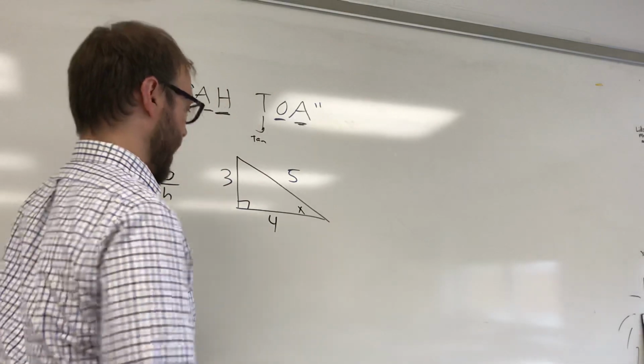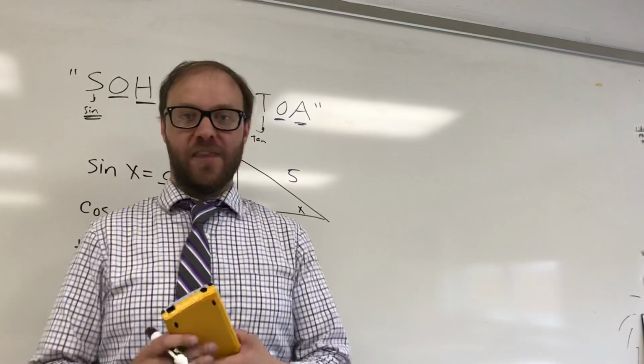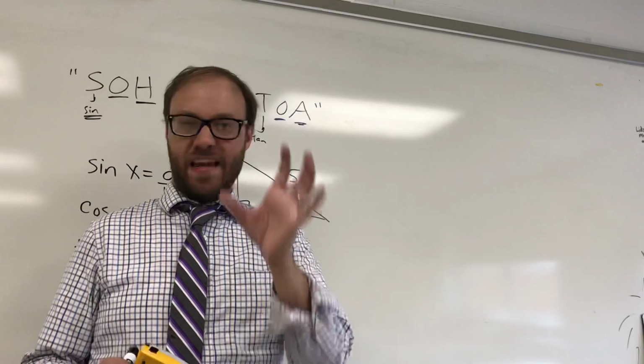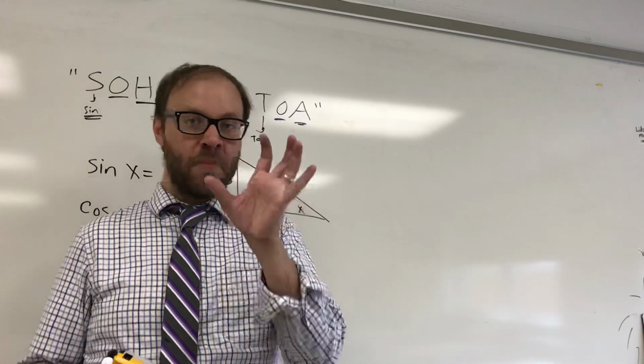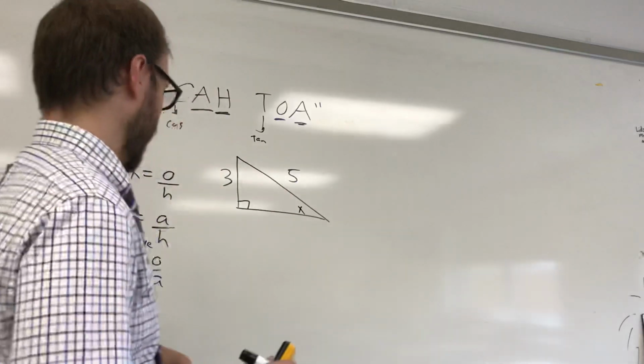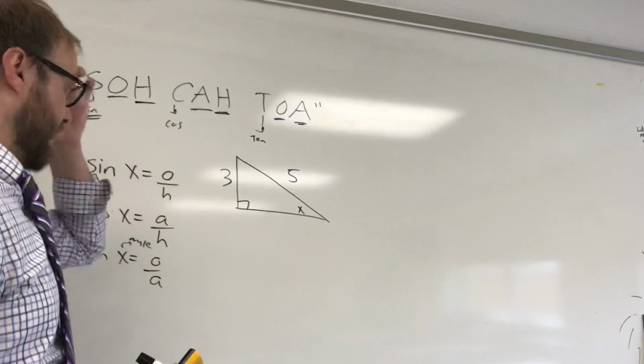It literally does not matter what two sides I use, so I'm going to get rid of the 4 for the time being. I'm just going to look at the 3 and the 5, and literally it does not matter. Pick any two sides. The rule that you're going to use will change, but the final answer should stay the same. All right, so like normal, we're going to use our SOHCAHTOA rules,